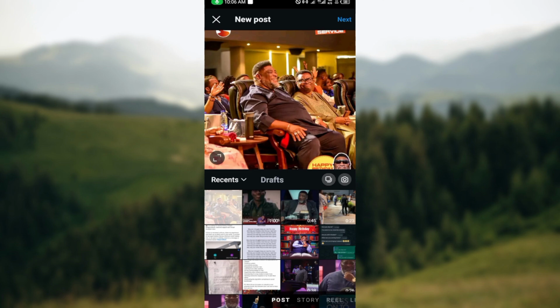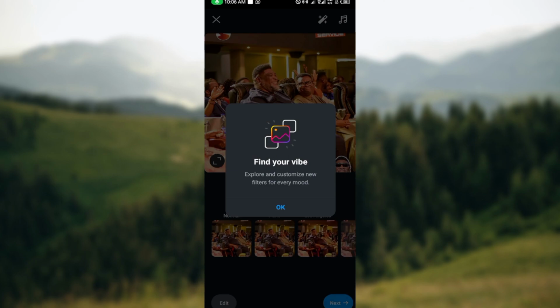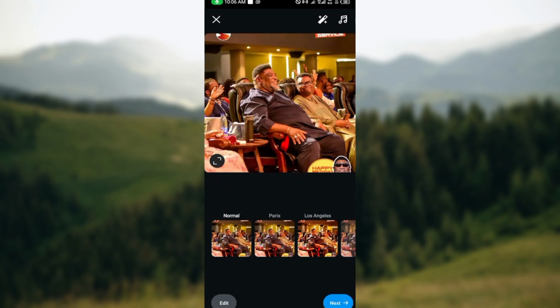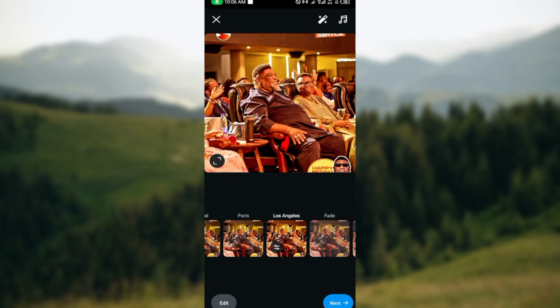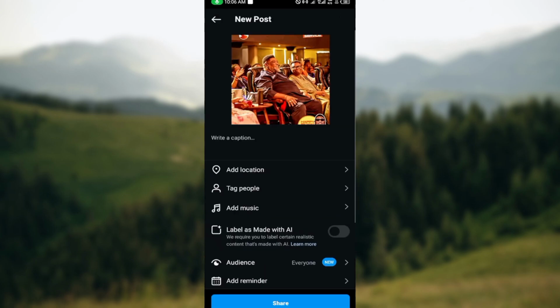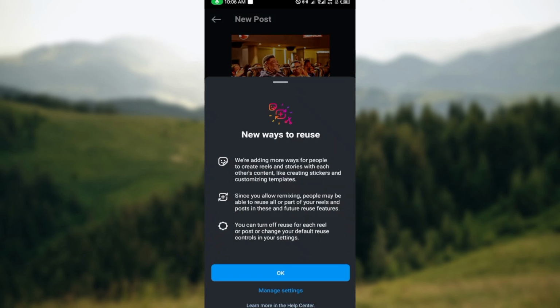So after selecting the post you want to make, it could be a photo, it could be a video. Move to the top right corner and click on the next button. And then you'll be taken to the next page. And here you can decide to edit the picture. Then move to the bottom right corner and click on the next button, and then you'll be taken to the